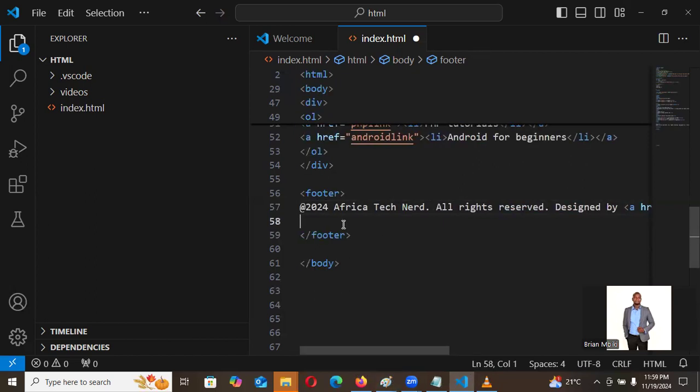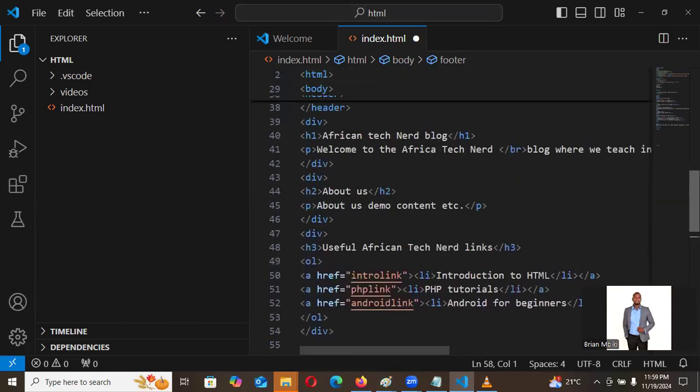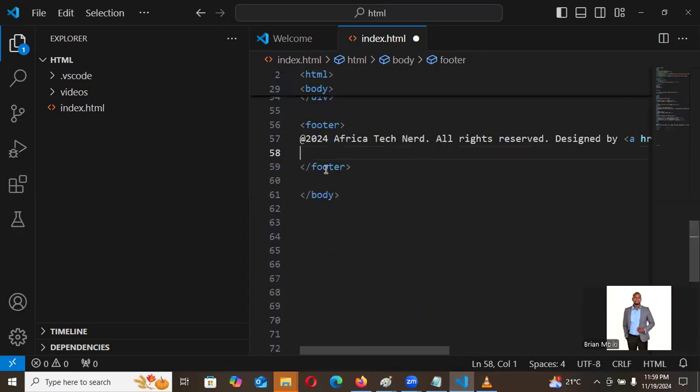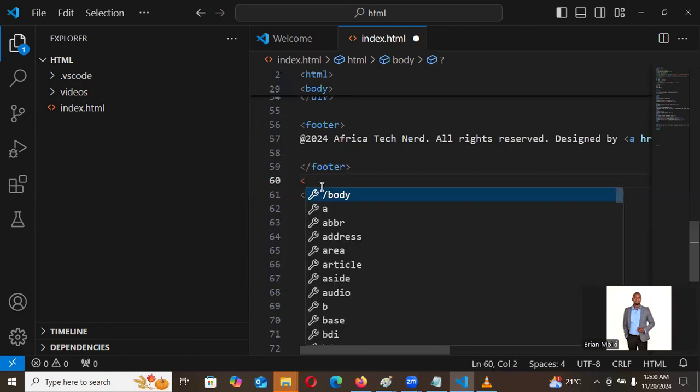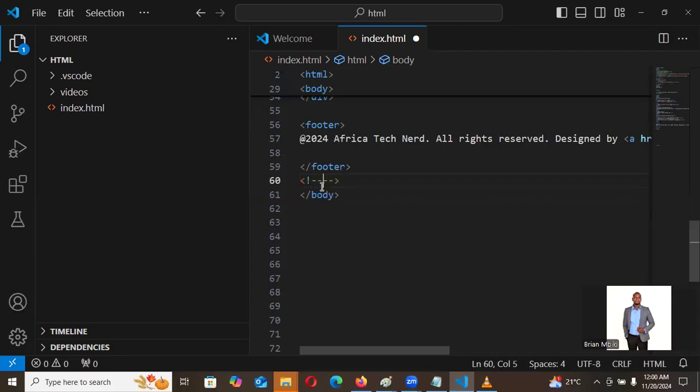On the footer, the footer can also have links just like the navigation menu and the useful links. You can also have some links here that link to partners, or to other pages that point internally on the website you have created. So you can have them there. I won't repeat that because I have already done it. And here, after the footer,